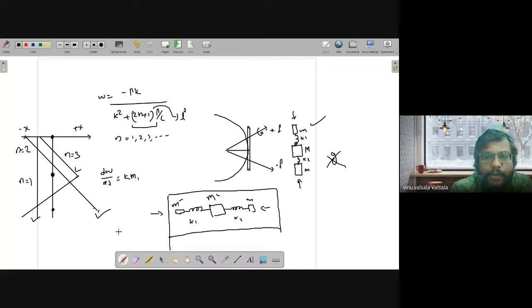This is exactly what is happening in the tropical waves also. Here, instead of having 3 masses and 2 springs, the mass is continuous and the spring is also continuous. What is the spring? The spring is nothing but the restoration of the system back to its normal position. Who is going to give you the restoration in the equatorial dynamics? This F. This is continuous. It is continuously increasing and changing direction at the equator, and continuously decreasing as you go down, changing direction and increasing. So that's a continuous restoration of planetary vorticity bound to the equator.